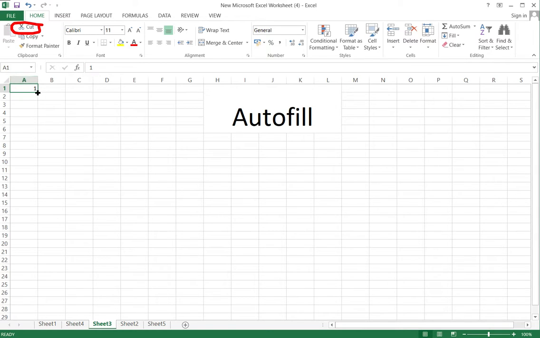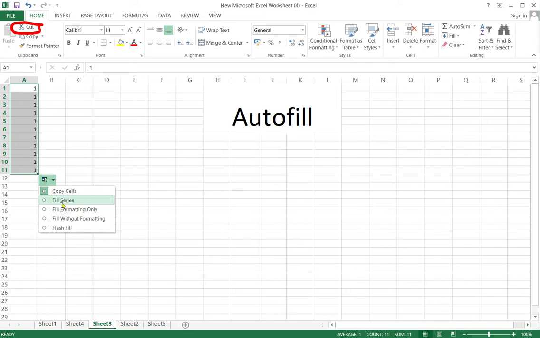The mouse pointer changes to a plus sign. Now drag it downward and release the button at the end. Just click on it and choose the fill series option.